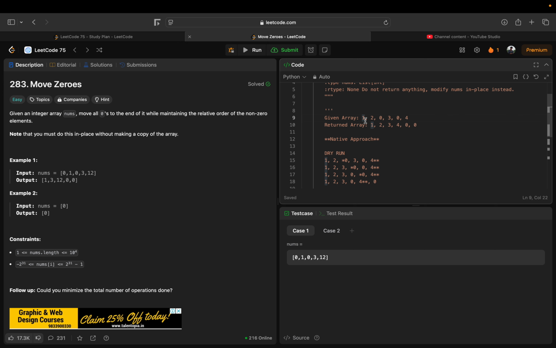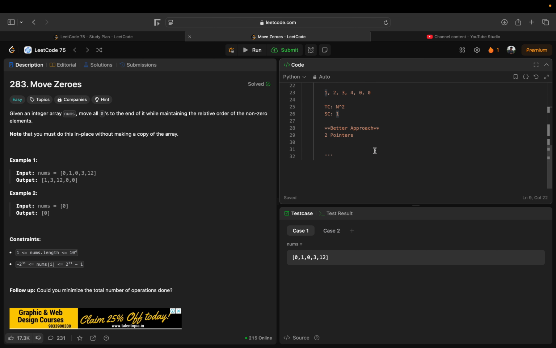If the current element is not 0, then we will append it to the new array, and after iterating through the array, we can just append the remaining elements with the 0, right? So what I'm